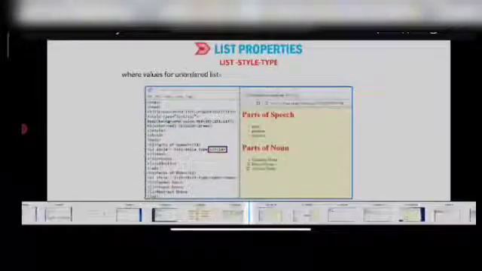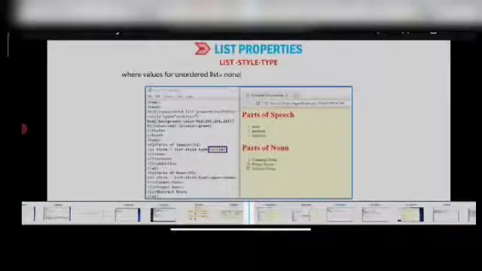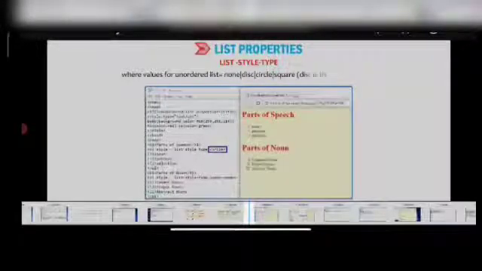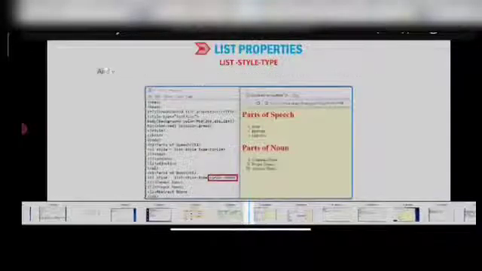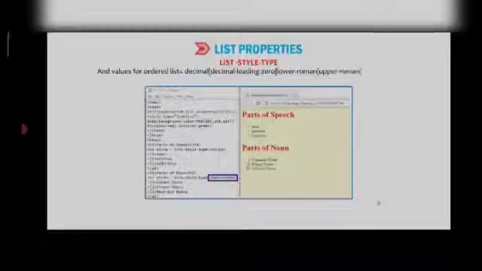Syntax: list-style-type: value, where values for an unordered list equal none, disk, circle, square. Disk is the default value. Values for an ordered list equal decimal, decimal-leading-zero, lower-roman, upper-roman, lower-alpha, upper-alpha. Decimal is the default value.